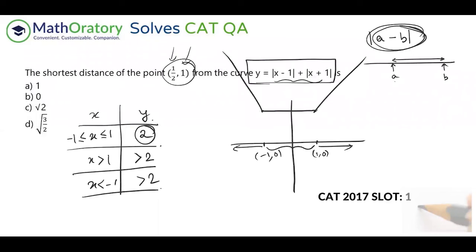So if x is half, it should lie somewhere here, and because of that y is 1. So x half is somewhere here and y is 1 somewhere here. So this point is somewhere here, (half, 1), right? Now if you check this, the minimum distance will be the perpendicular distance to this part of the graph, right?